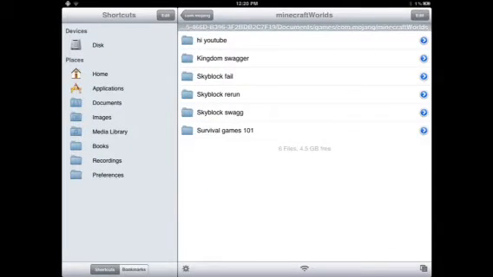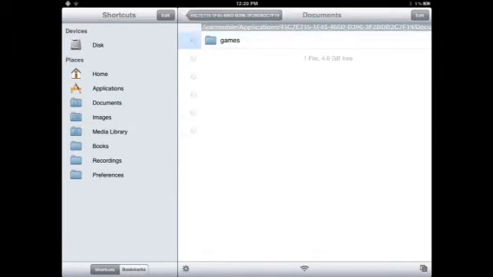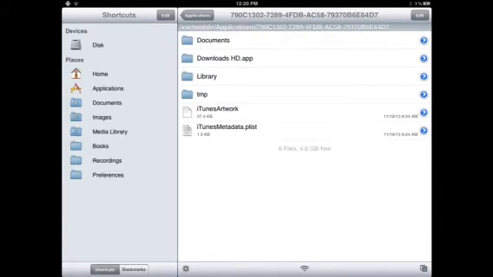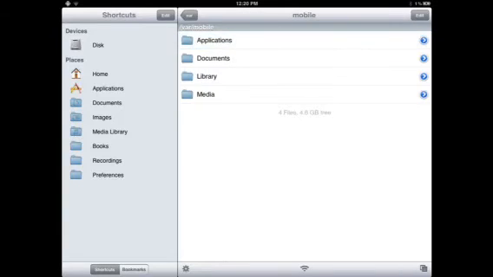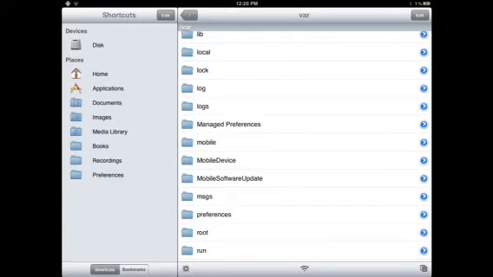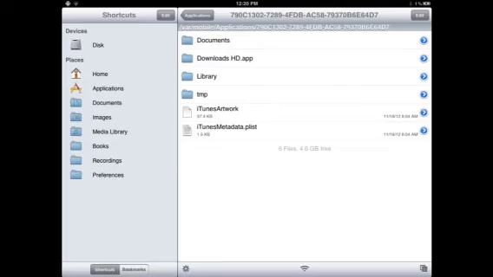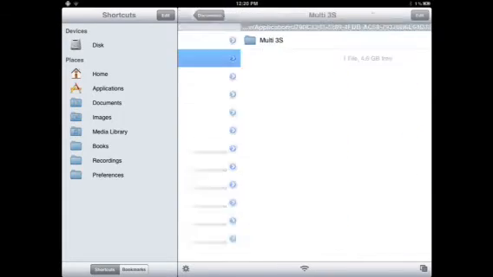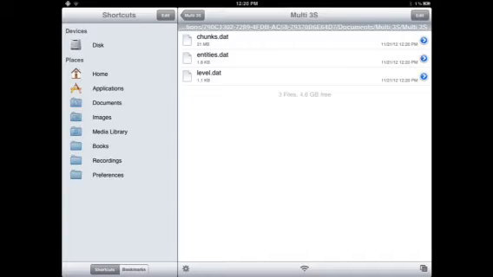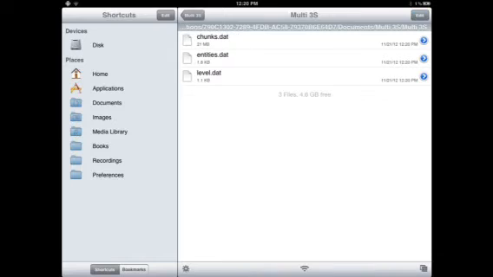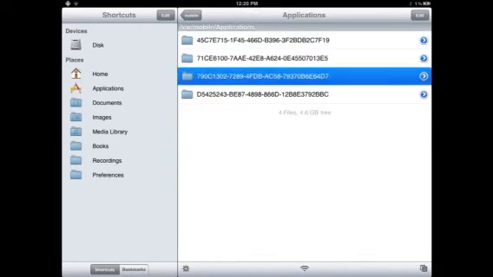Go to iFile. You go to iFile, and you would find Downloads HD app. But before you do that, what you want to do is you're going to go to var, click Mobile, Applications, find Downloads, Documents, and you're going to find this. You're going to keep clicking that until you get to here. Next thing you're going to do, click Edit, tap on each one of these. Make sure that they get checked, see? Click the bottom where the clipboard is, copy, link, done. Now you're going to keep clicking back until you get back to Applications.